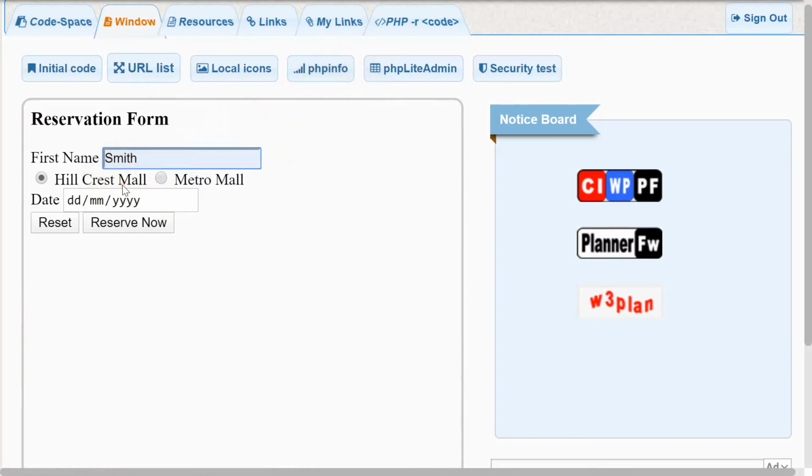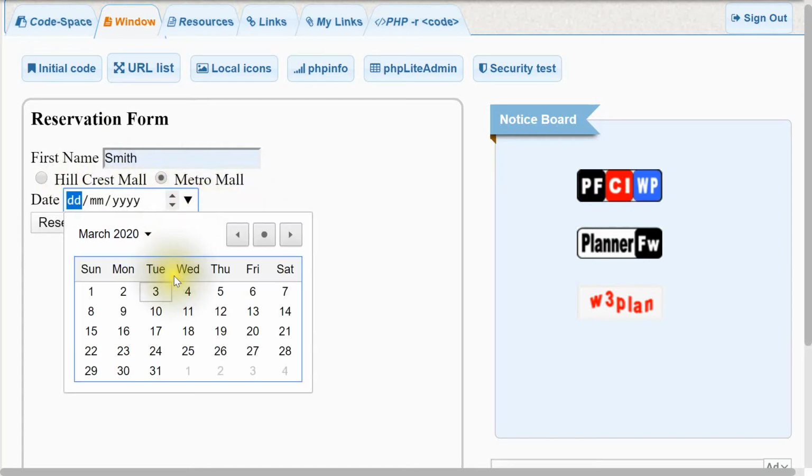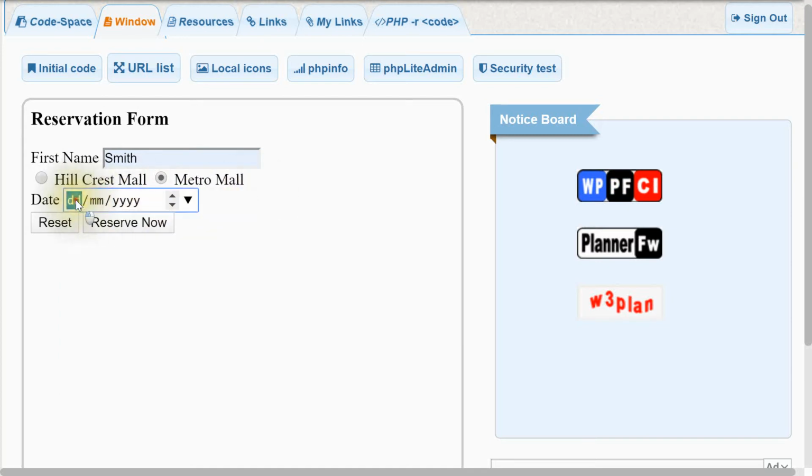I'm going to input my surname, my first name here. I'm going to select the store, and I'm going to enter a date. Now notice that I can use the date picker here. However, some users may want to enter their own date and time. Now, if you can imagine that I'm asking for a birthday here, okay, if the user tries to enter his